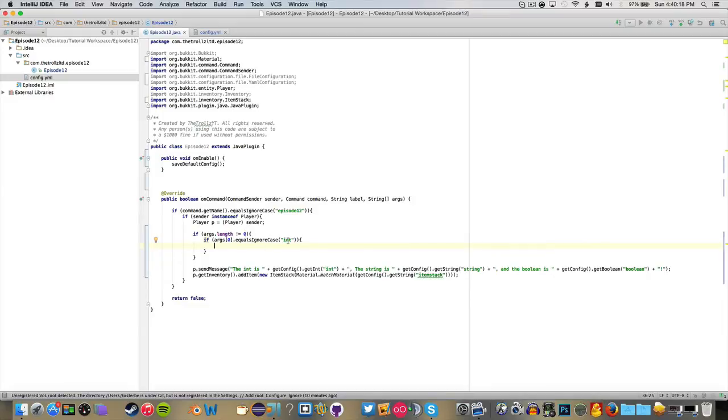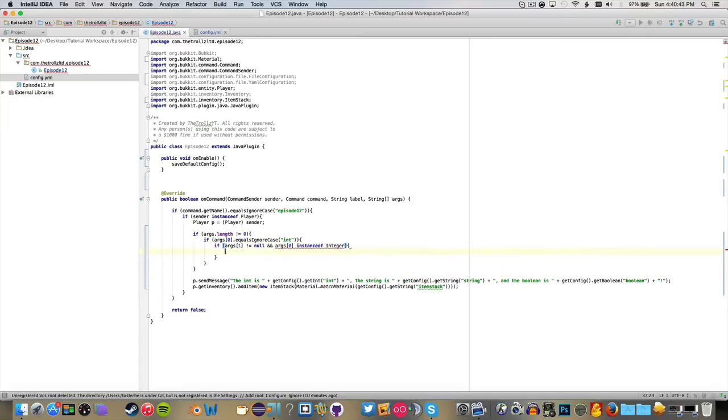So now we're gonna say, okay, if args[0] is int, then we're gonna say if args[1] does not equal null. So if it's not null, we're gonna check for args[0] instance of an integer. And I don't think we can. No, we don't really have to do that. We'll just do that here. Then we're gonna say Integer.parseInt of args[1],